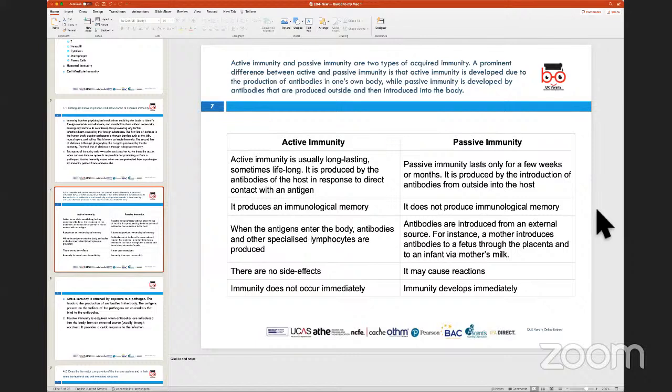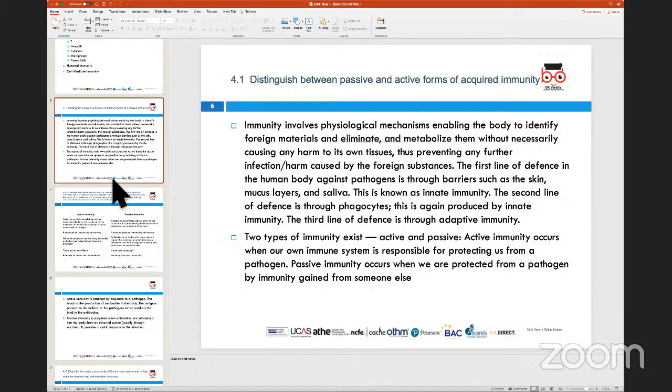And that is where the immunity through the active side takes a bit of time to get activated in the body, because it's the body's natural defense system actually kicking into gear, whereas passive immunity tends to provide an immediate response, although being a short-term response, keeping in mind that it is normally initiated through the vaccination route. So these two are what we need to differentiate and understand in the first assessment criteria. That is to understand what is acquired immunity, what are the two different forms of acquired immunity,